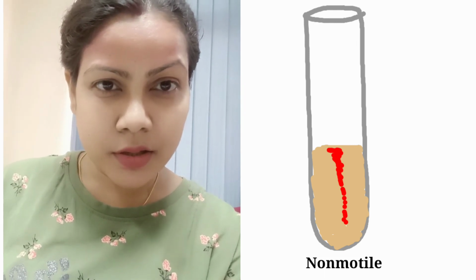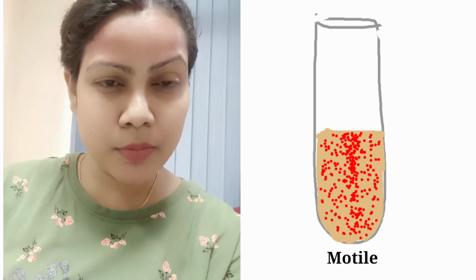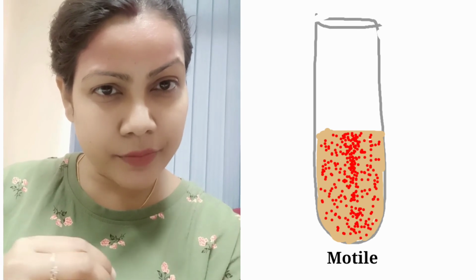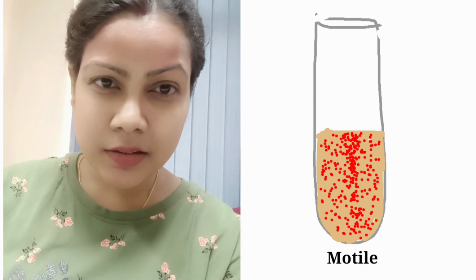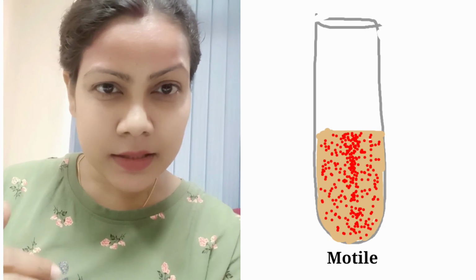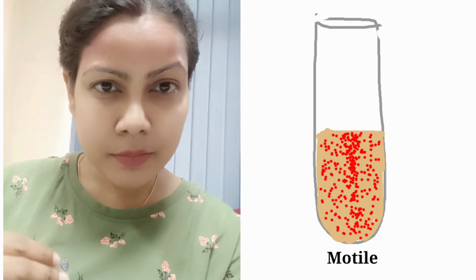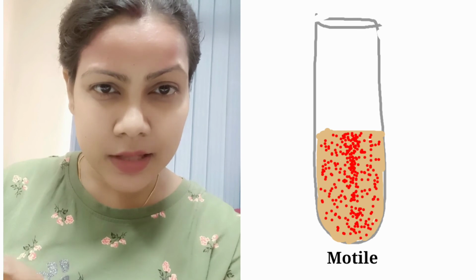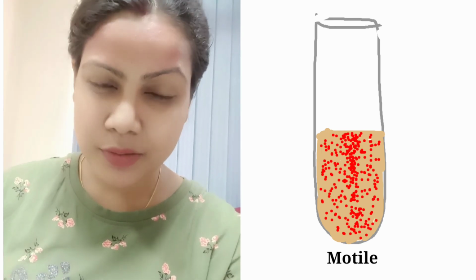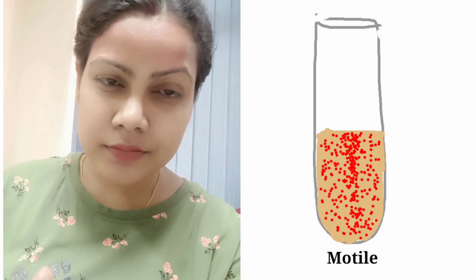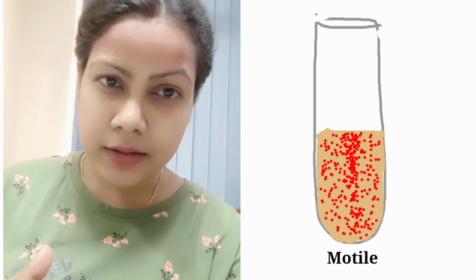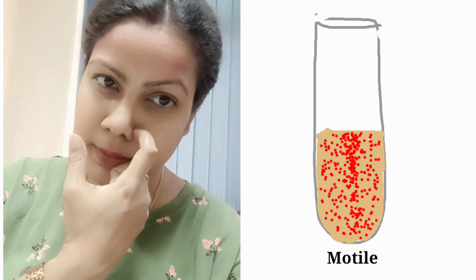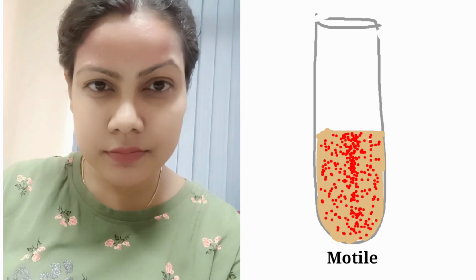Now the next method of flagellar demonstration is mannitol motility agar. In this method, we detect fermentation of mannitol, as well as confirm bacterial motility by the presence of turbidity. Once the mannitol agar shows turbidity, we can say the tested bacteria are motile. This is all about the process we use for demonstration of flagella